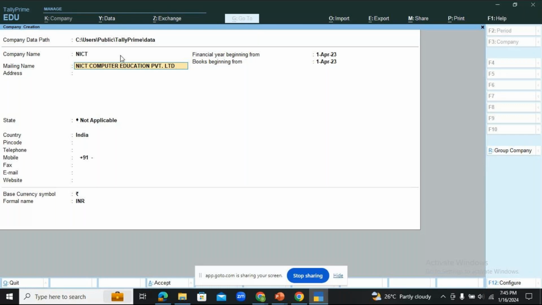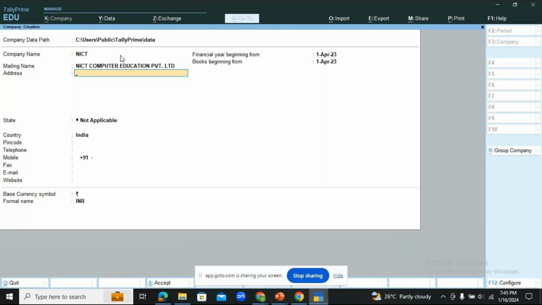Okay. Then press enter. You come to the address of your company. When it comes to the address, please don't stuff the address of your company in one line itself. Tally software will generously give you a couple of lines. So use as many lines as you want to give the address.